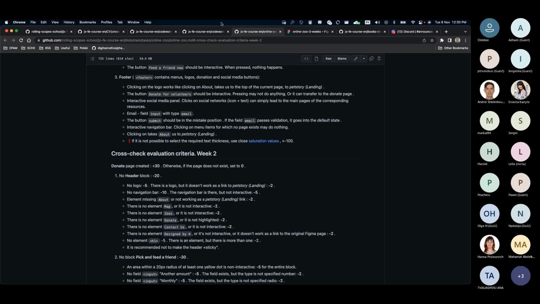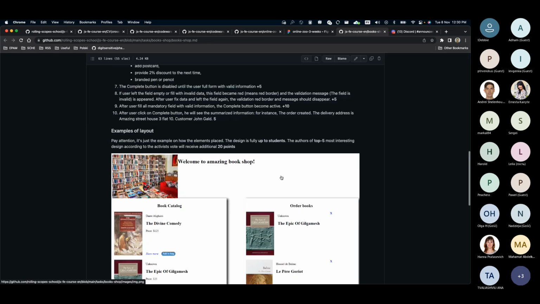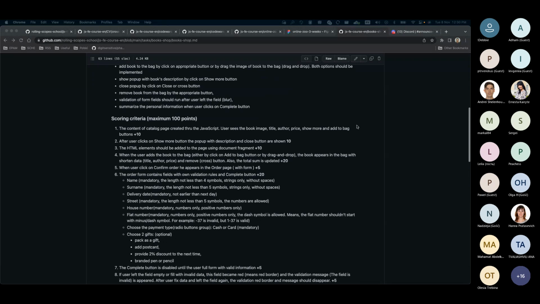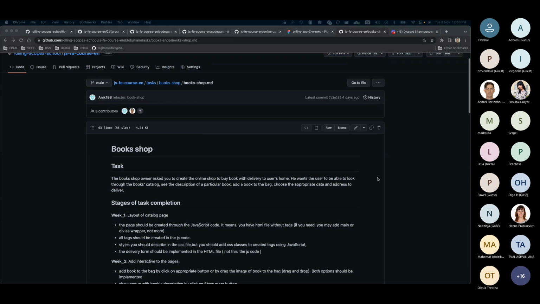Well, I'm not quite sure. For using any kind of preprocessors, you would likely need to configure Webpack as well or some package scripts. But that's not a focus for now.